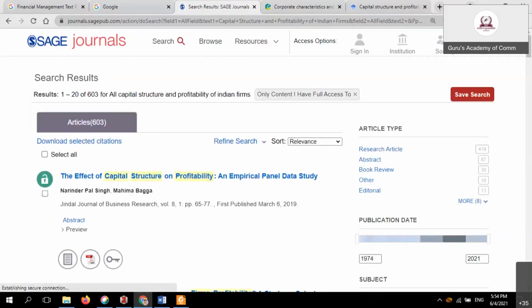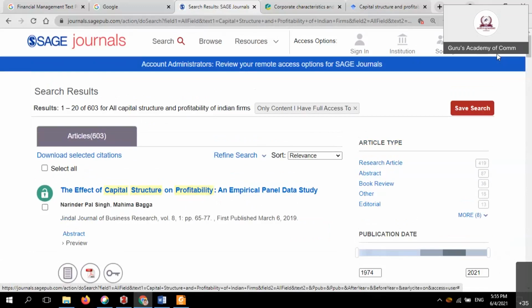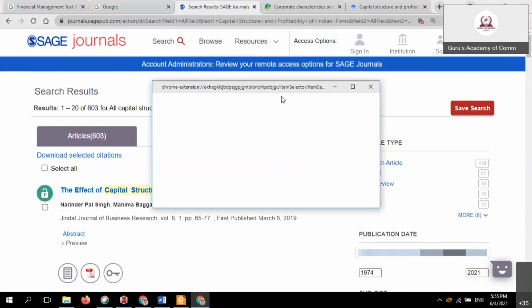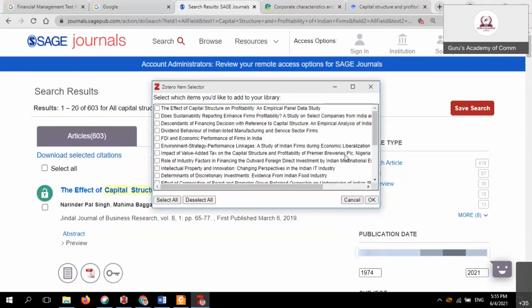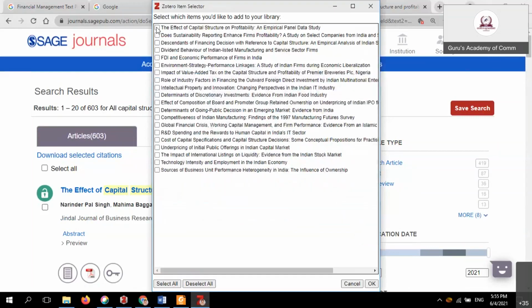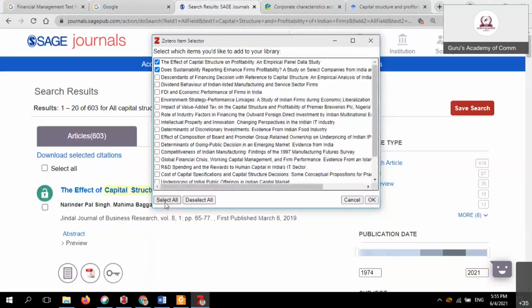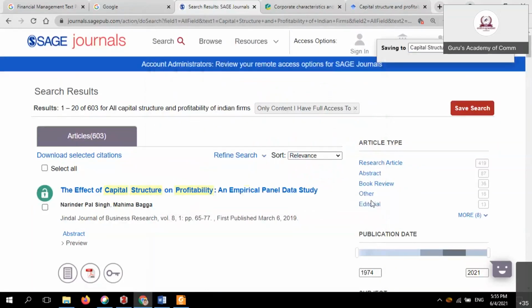Our Zotero becomes shaded. Zotero content will be shaded. Okay, now you get the yellow signal. Get ready for the yellow signal. Zotero save. Okay, go to the yellow signal. Click the yellow signal. These are the n number of items. Okay, select all the items. There is one button at the bottom. Select all the items. Okay, linked into Zotero. Okay, our process is simply done.